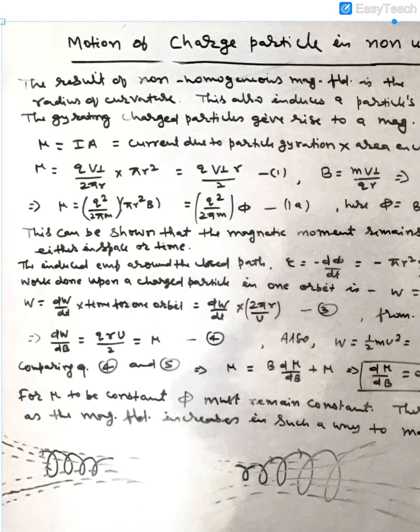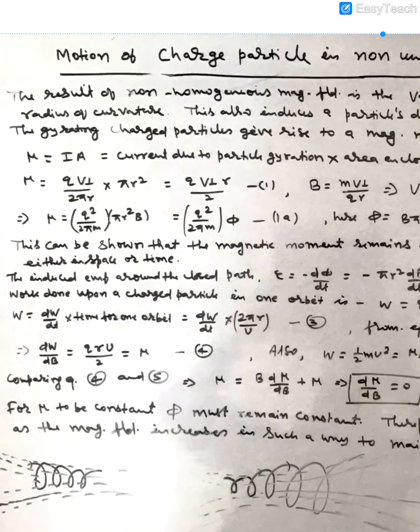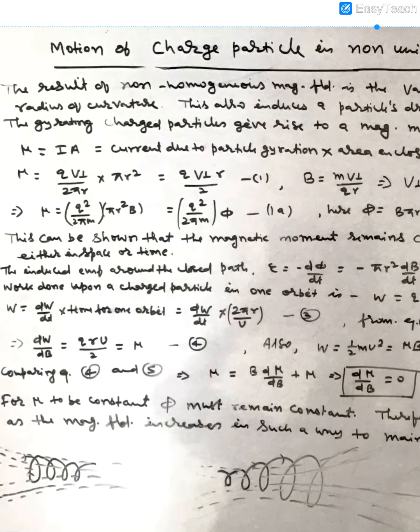In this way, we get equation 4, which represents the rate of change of work with magnetic field, that is equal to q r V upon 2. And this expression, q r V upon 2, has already been derived in equation 1,